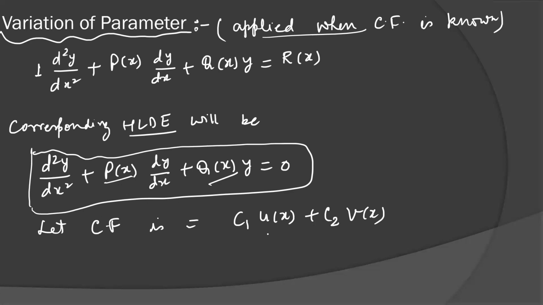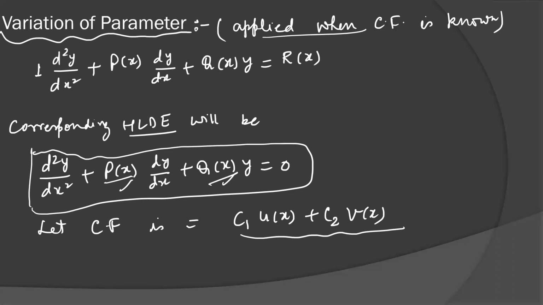And now your problem is how to find this complementary function. So in many variation of parameters problems, this is given as a constant value. Means in the variable coefficient, the variables are actually constants, so that it is free from x. So it is actually a constant coefficient differential equation of second order. And you are solving it with the help of the variation of parameters method.